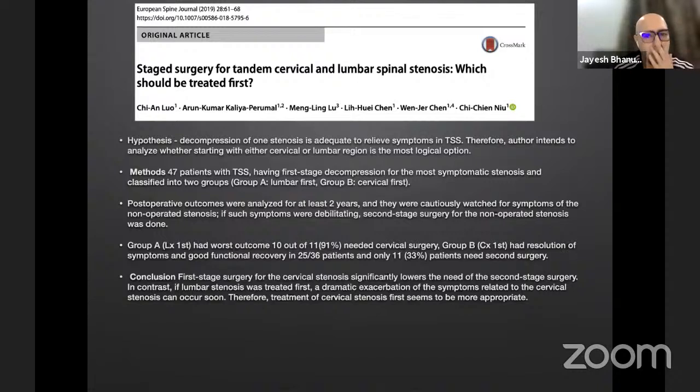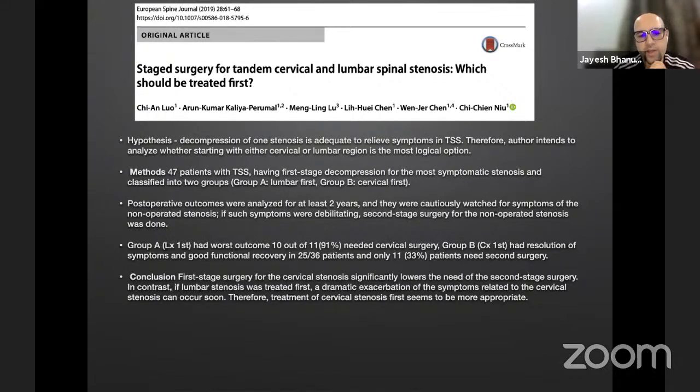Next study again has described which one to do first. So this study tells that decompression of one stenosis alone is adequate to relieve overall symptoms in tandem spinal stenosis. So he wants to say whether either doing cervical or lumbar alone is the most logical option. So 47 patients with tandem stenosis